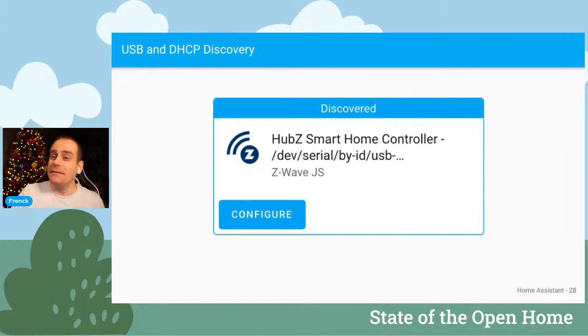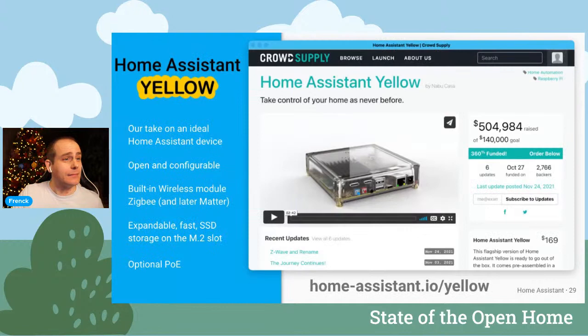And talking about making things more accessible, Home Assistant Yellow, formerly known as Home Assistant Amber, got successfully funded in October. And Home Assistant Yellow is our take on the ideal Home Assistant platform, right? It's open, it's configurable, it has a built-in wireless module for Zigbee, which can later be used for Matter, expandable fast SSD storage via the M.2 slot, and there's optional support for Power over Ethernet, which, if you're using that,